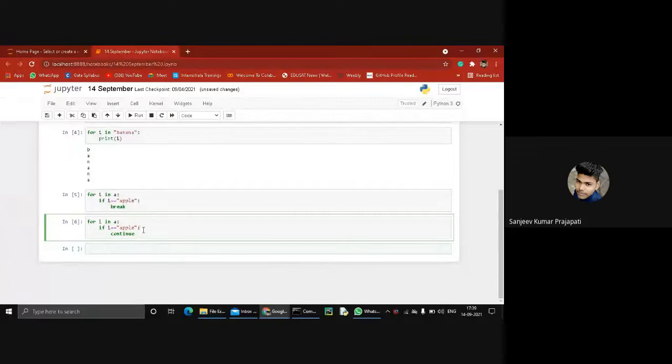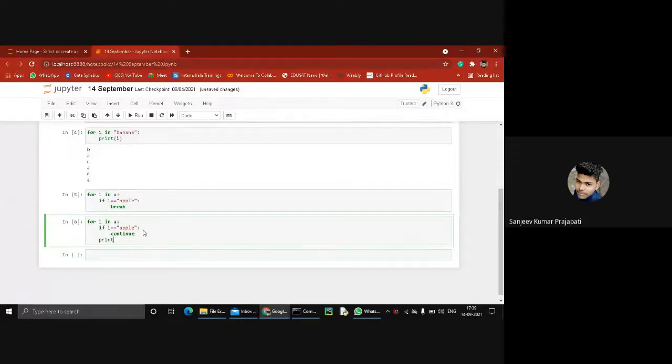Then I am performing the next operation, continue: for I in a, if I equals apple, continue, and print.